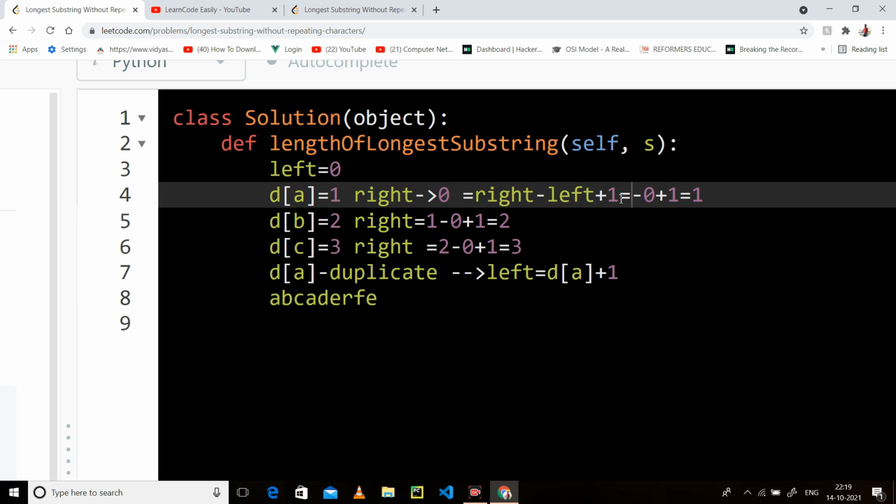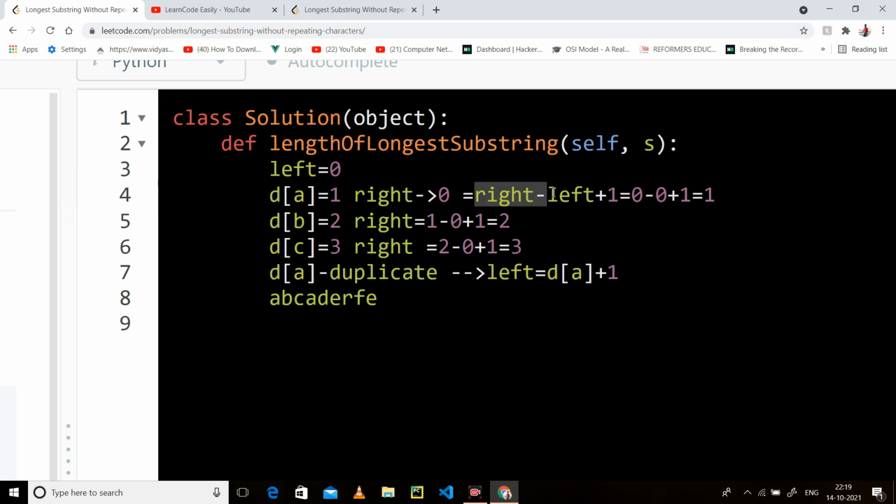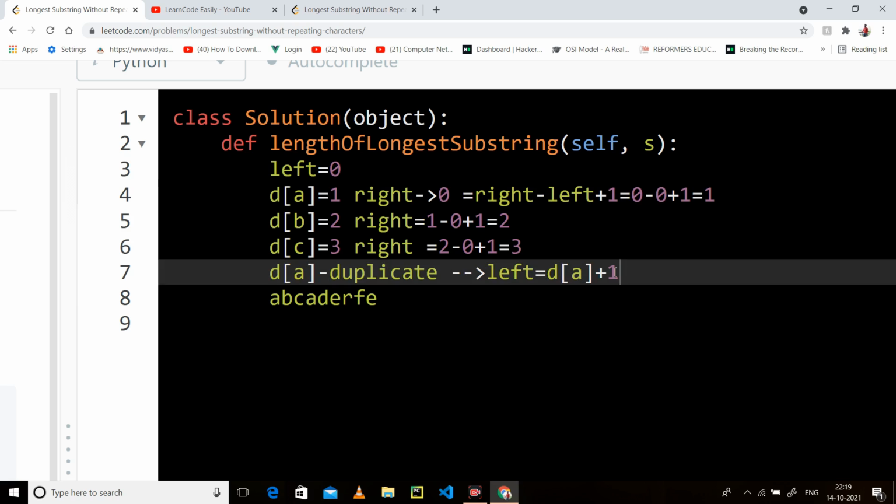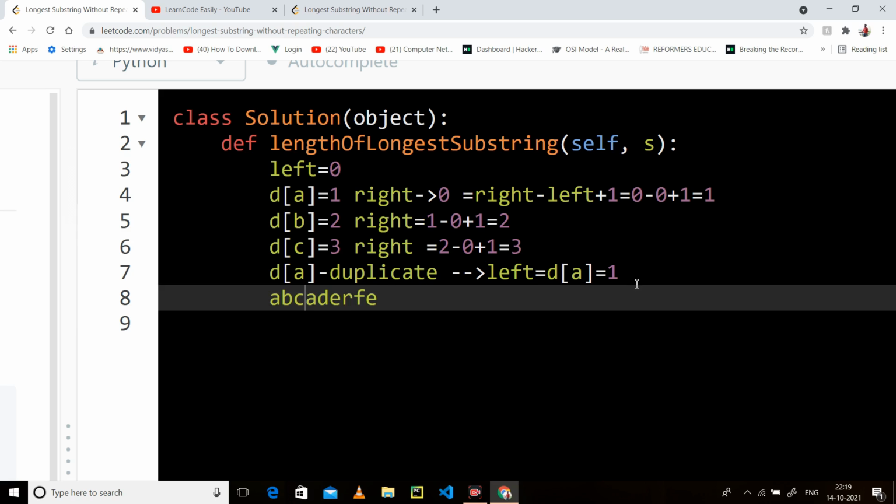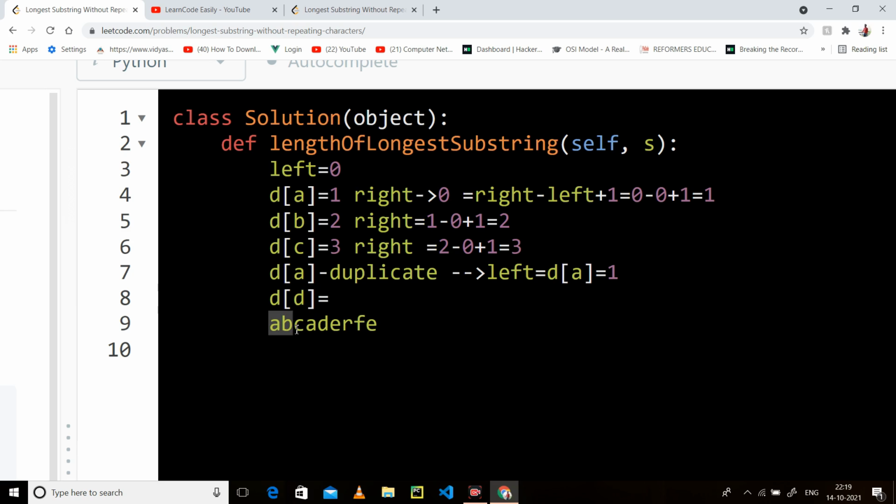Okay, so this is the same. So I will simply take this value and this will be 1. So my left is starting from 1. Now I will again go for D. Now this will become A, B, C.